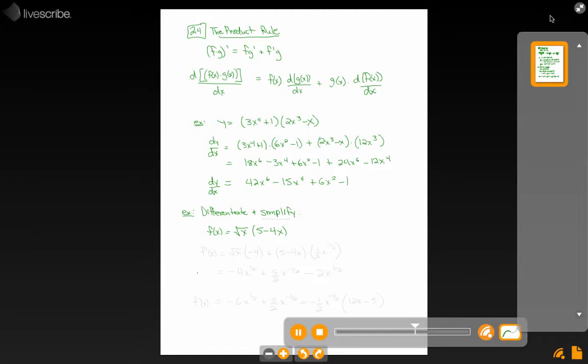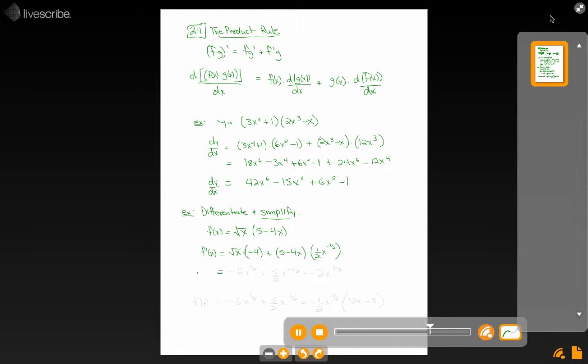We're asked to differentiate and simplify this function, f(x) equals square root of x times (5 - 4x). Again, let's use the product rule to do this. So I've got the first function, root x, times the derivative of the second, which is only negative 4, plus the second function times the derivative of the first, which is 1/2 x^(-1/2). Now, that's an answer. You would probably be best advised to do a bit of work after that,